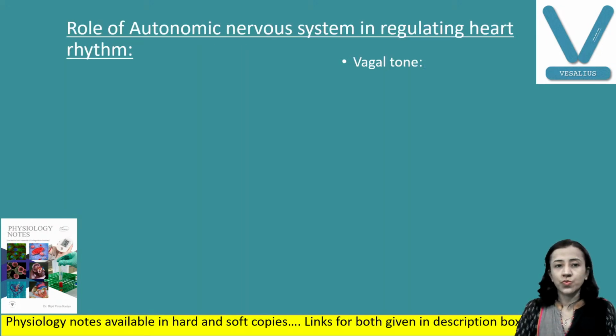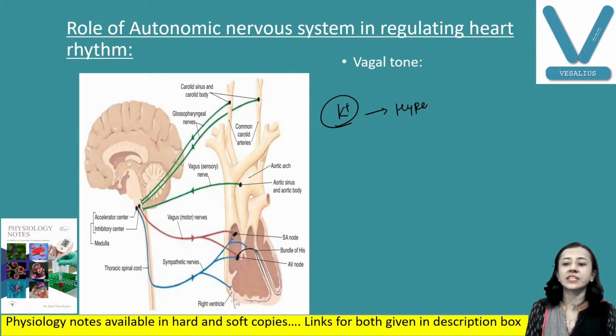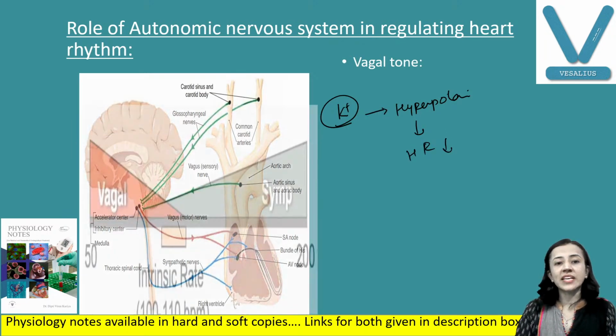Now you can see here. What is vagal tone? Vagal tone means, you can see vagus nerve, that is parasympathetic nerve, which innervates SA node. So SA node is innervated by right vagus nerve. Here the neurotransmitter released is acetylcholine, and acetylcholine increases permeability of the SA nodal fibers for potassium ion. So what happens when potassium ion permeability increases? There is hyperpolarization, and therefore firing rate decreases, impulse generation rate also decreases, so heart rate also decreases here because of the vagus nerve, and this is known as vagal tone.